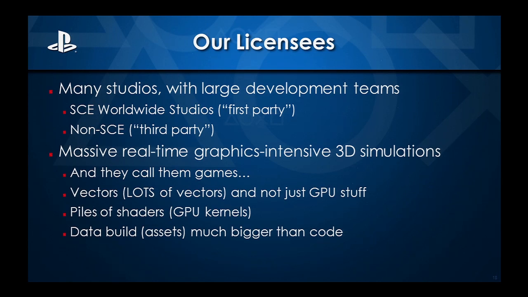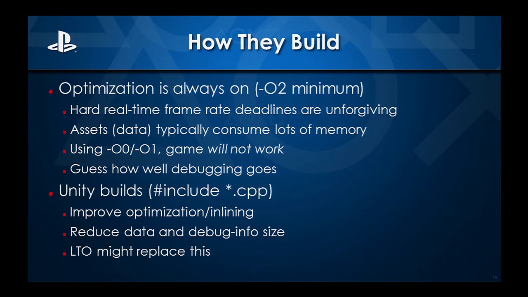I'm told that typically around 10% of the effort to produce a game is the C++ code. Maybe 20, 30% is testing, and the rest of it is building these assets. So, yeah, the C++ code is a small piece of the whole effort, but it still has to go fast